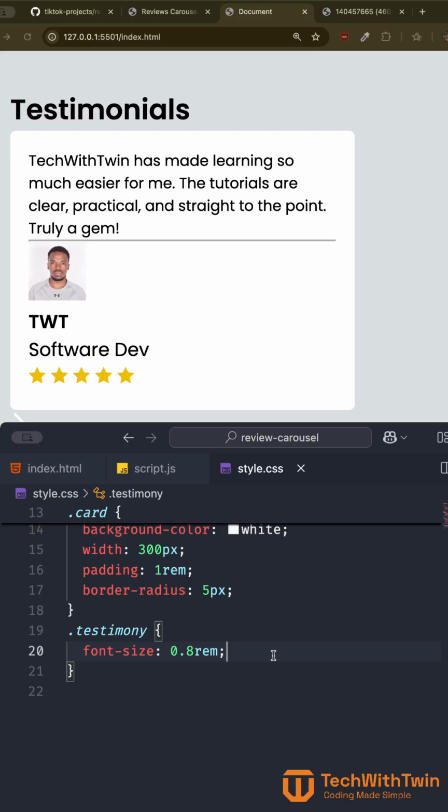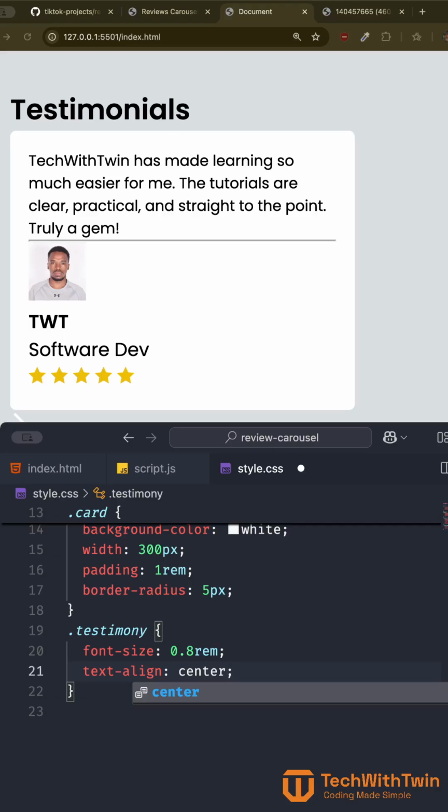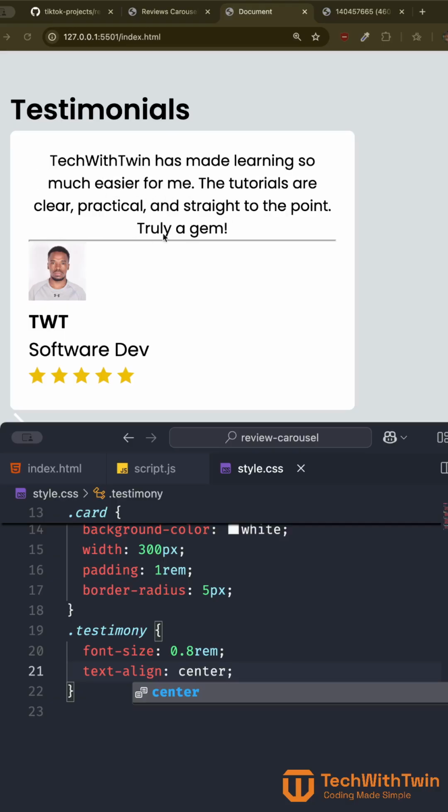So the next thing we need to do is text align. We want this to be in the center. We don't want it to be in the edge. So you can see it has aligned to the center. Then let's continue to this